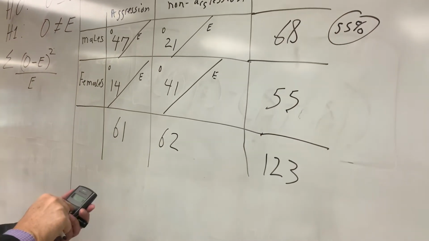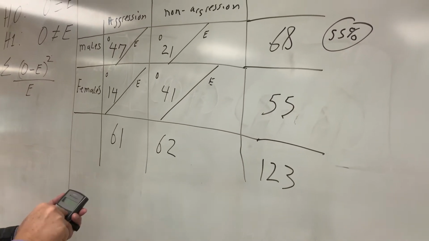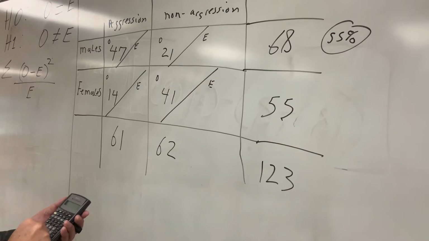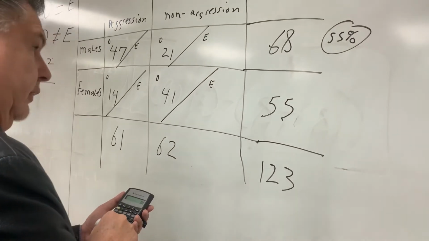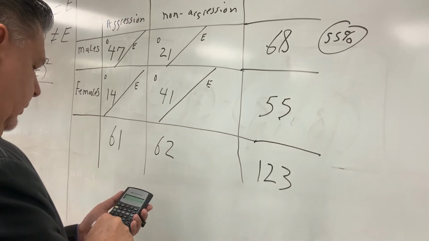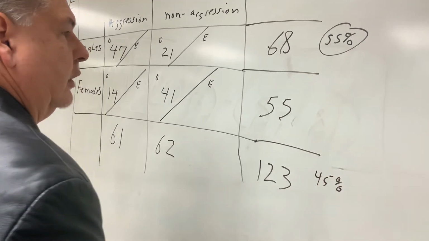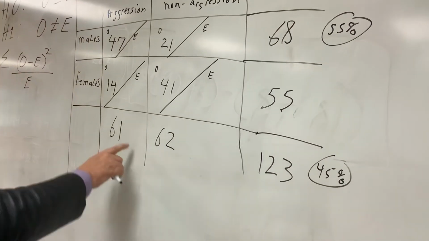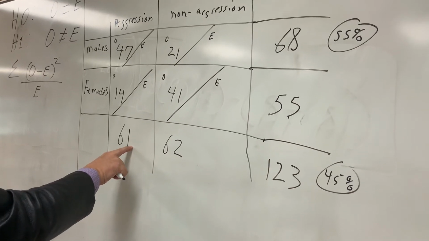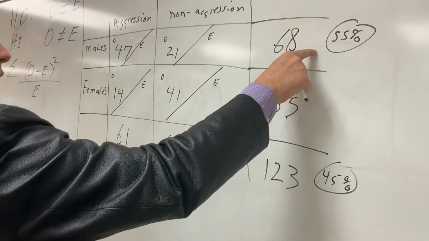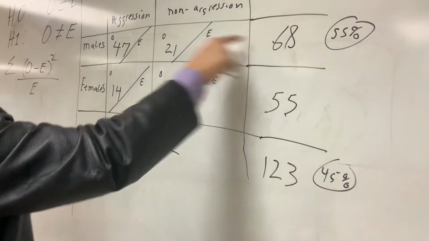Now I can come over here and do the same thing. 55 divided by 123 is 45%. So I've got my percentages here. So now I can take this particular number here, 61, and find out what the value is of 55% of this particular